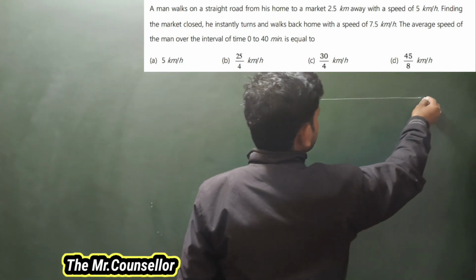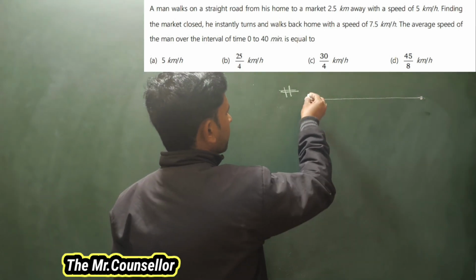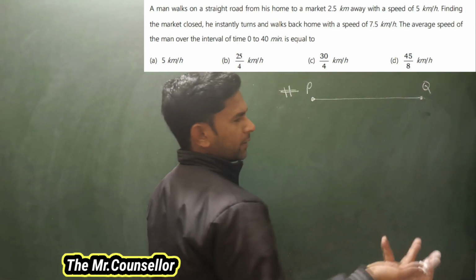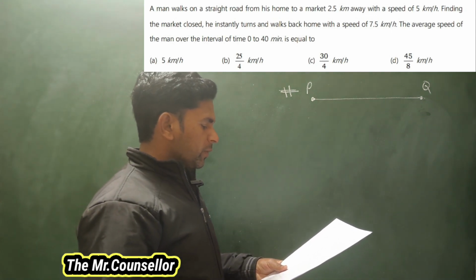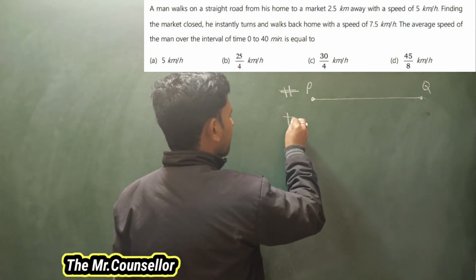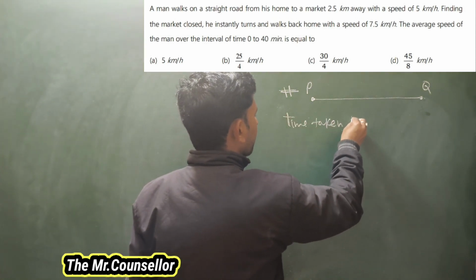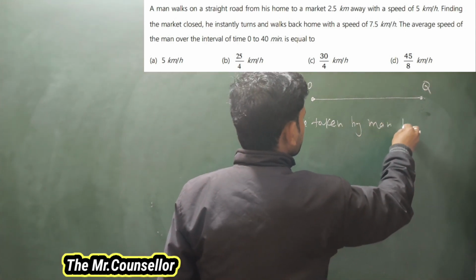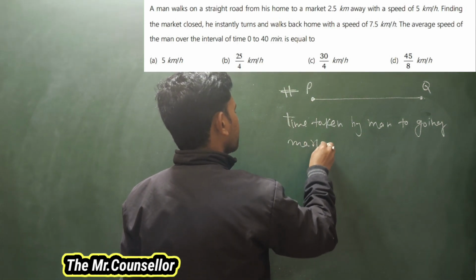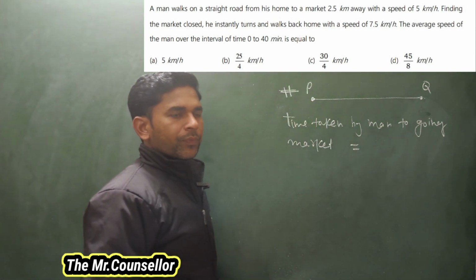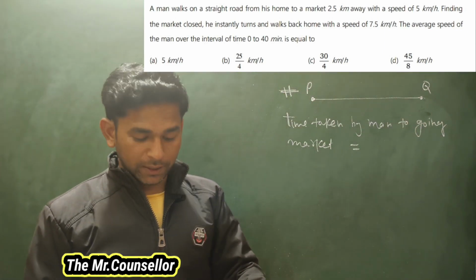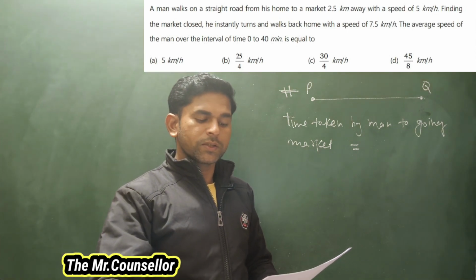This is one scenario. Let us see, P, and this one having Q. So at point Q we can consider the market. What they were telling is, suppose the man is going to the market, so the time taken by the man to go to the market, it means when this person is going to the market, how much time are they taking, just traveling a distance of 2.5